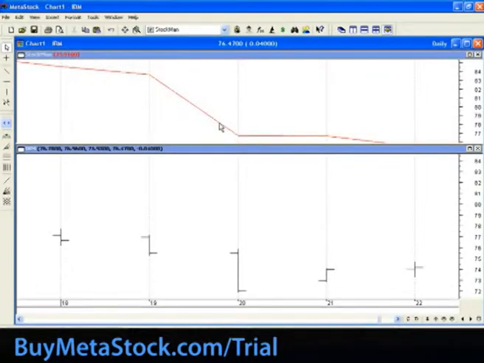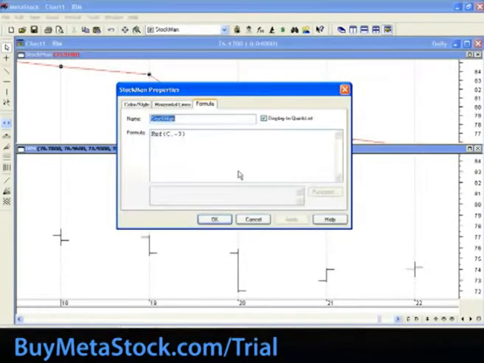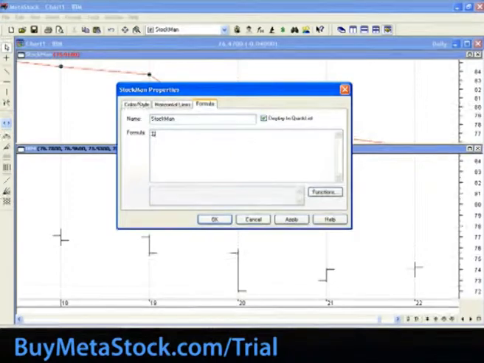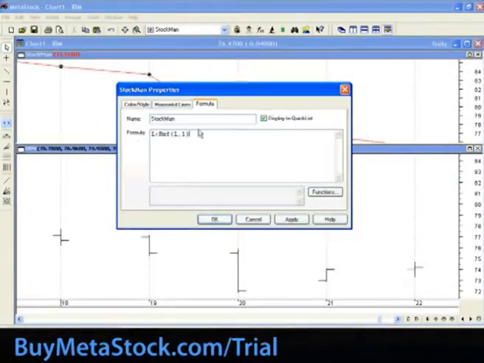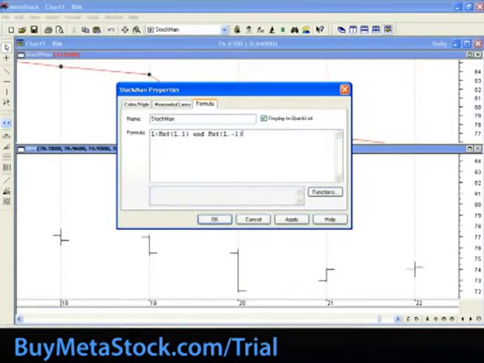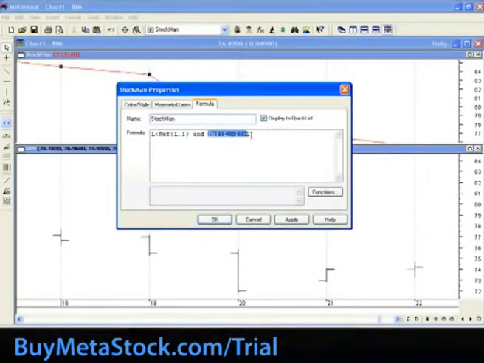To give you an example, let me just edit this indicator. Alright, let's go to the formula. A lot of people, for example, to find this 3-bar pattern here, are going to write, I want the low to be less than the next low, so Ref(Low, -1), and I want the low of yesterday, Ref(Low, -1). I want the low of yesterday to be greater than the low of the bar. So,